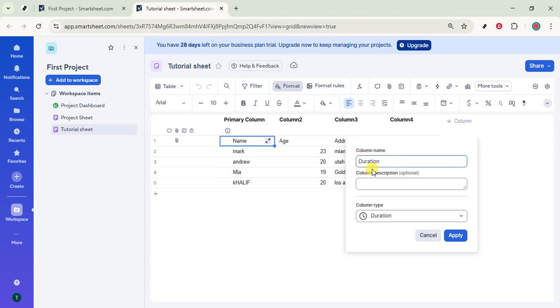Give the column a clear name so your team knows exactly how to use it. Something simple like duration or task duration works well. If you want to help collaborators enter values the same way, add a short description. This shows up as helpful context when someone hovers over the column name, and it's a great place to note